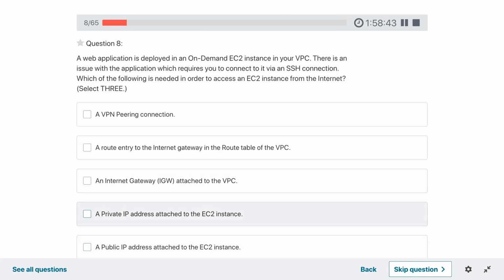A web application is deployed in an on-demand EC2. There is an issue with the application which requires you to connect to it via an SSH connection. Which of the following is needed in order to access the EC2 instance from the internet?